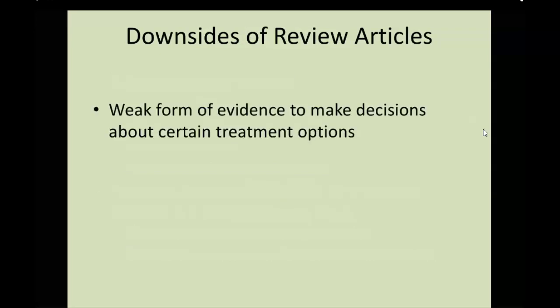The downsides of review articles, I alluded to those a little bit. They are a weak form of evidence to make decisions about certain treatment options, right? So that's not the main function of review articles. Compared to systematic reviews, that is definitely one of the functions of a systematic review, to help us make decisions about certain treatment options. A review article doesn't do that. It reviews treatment options, and it can review a large body of evidence around it, but it's not a strong